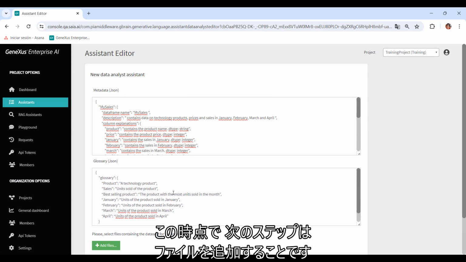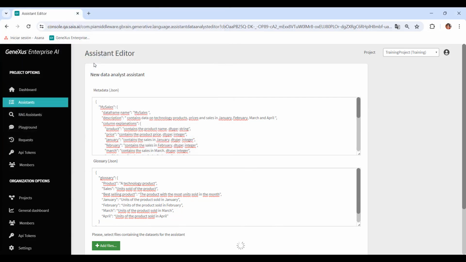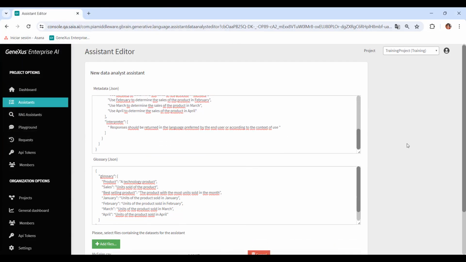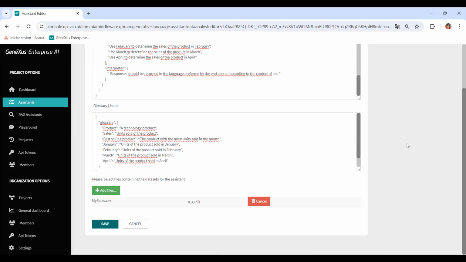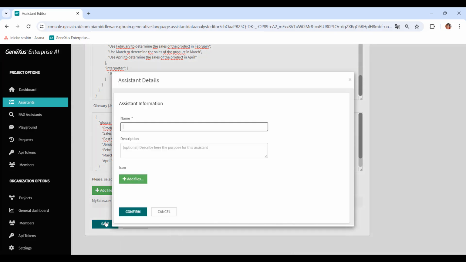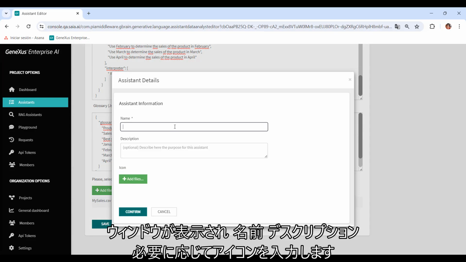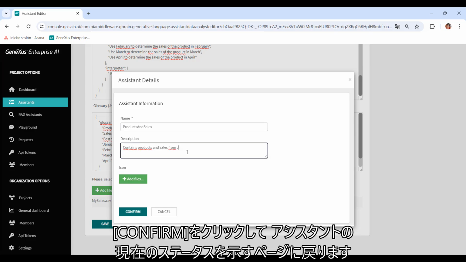Okay, at this point, the next step is to add files. For that, we must load a file from the dataset by selecting Add Files. It's important to make sure that the CSV file follows the descriptions and metadata added earlier. Finally, to create the assistant, we select Save. A window is displayed to enter a name, description, and icon if desired. We click on Confirm